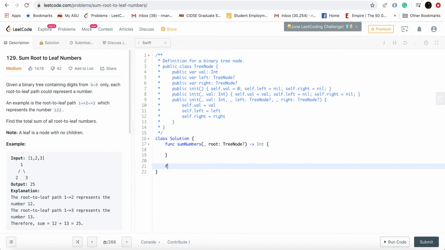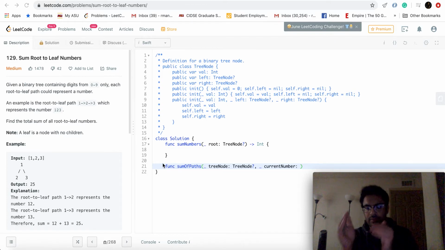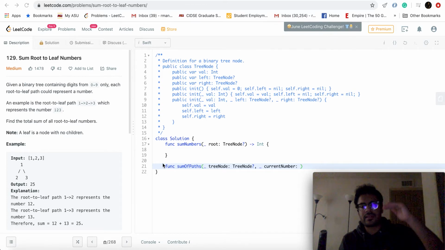I'm going to write a helper function here, sum of paths, which will need a reference to the node that's passed in. We'll be continuously forming a number, right? As we traverse down the tree,